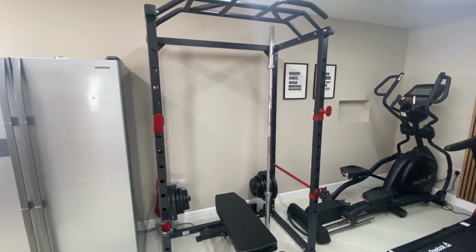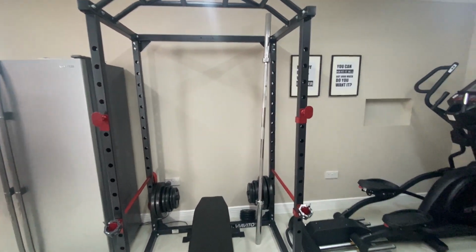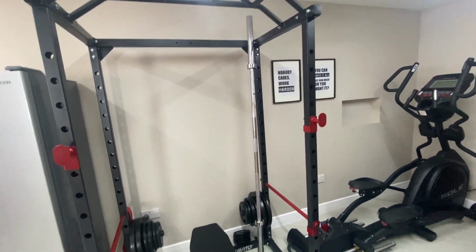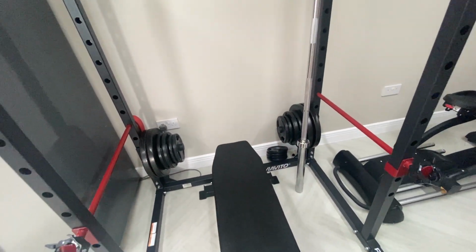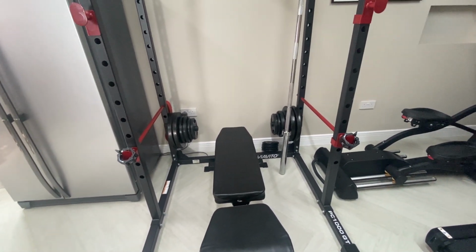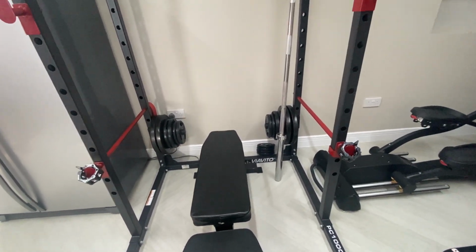The squat rack is actually my daughter's. That was £250 from sweatband.com, and then we paid an extra £60 for the Olympic bar, £25 for the attachments to put the weights on. That's from Amazon for the attachments. The weights we got from, again, Facebook Marketplace. They were £100 I believe for